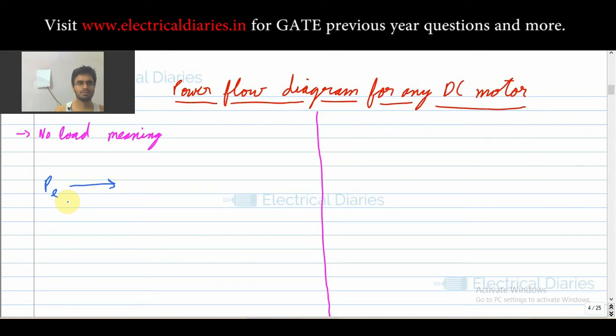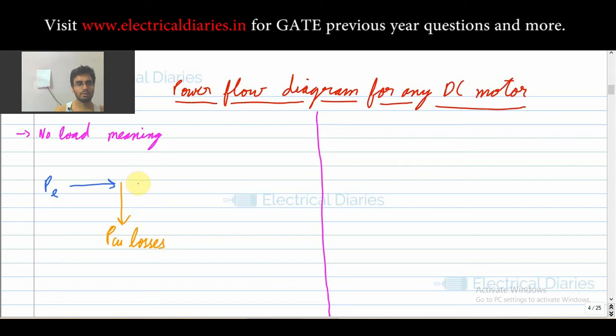Okay, see in motors the iron losses are just negligible because there is no very big core, so these are just negligible. So you have only copper losses. So in copper losses some electrical power is wasted. Okay, so these are the copper losses. Now Pe minus Pc, so the remaining power is what?